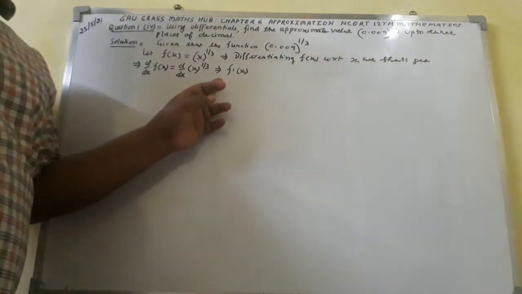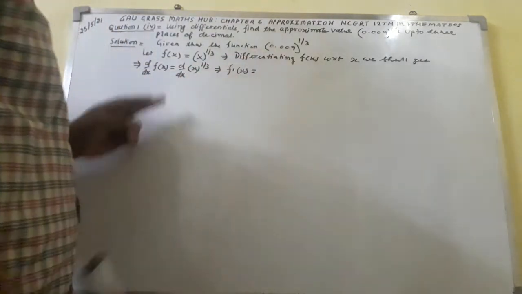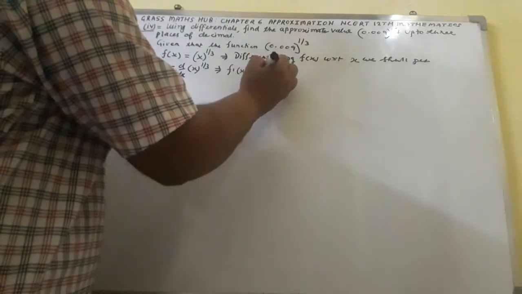Here f dash of x is the first order derivative of f of x, equal to d over dx of x raised to the power 1 over 3 comes out to be 1 over 3